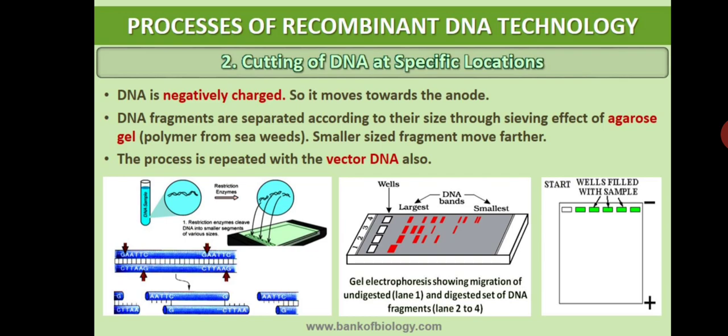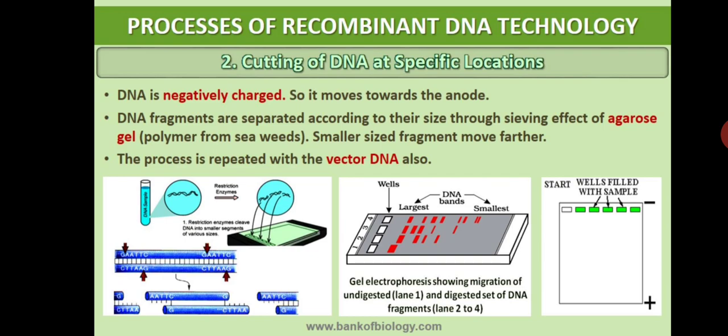This process mainly works on the principle that negatively charged molecules, when you take any chemical substance and dissolve it in water, and pass an electric current through that water, move towards the anode,